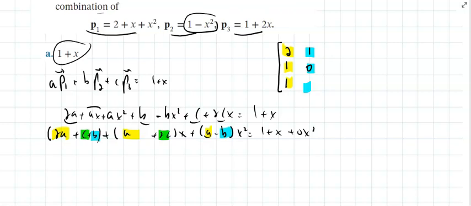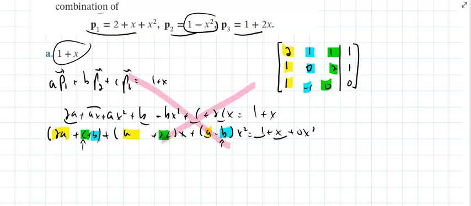So now it's easier to see. So that's 1, 0, negative 1, right? And for the C, I have a 1. There's 2 right there, and there's a 0 for the third. There we go. And I want that to equal to what? Well, let's see. I want the constants to equal to 1, the x's to equal to 1 and the squares to equal to 0. There. And I could have skipped all of this work and not did any of this work whatsoever